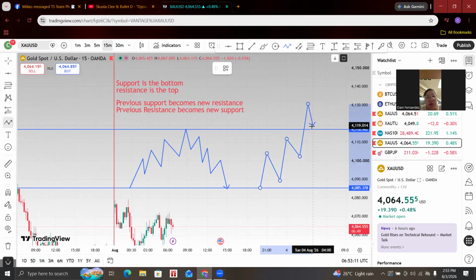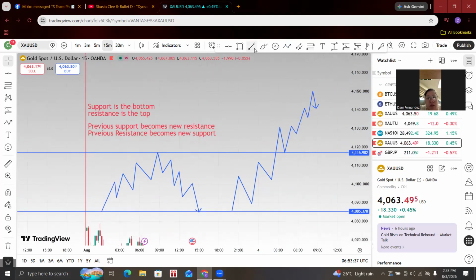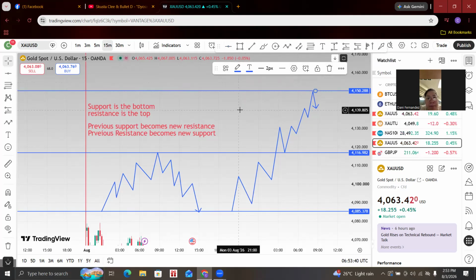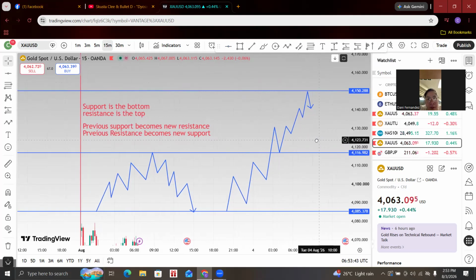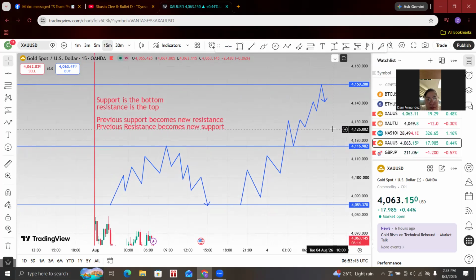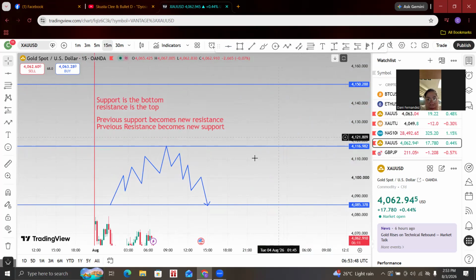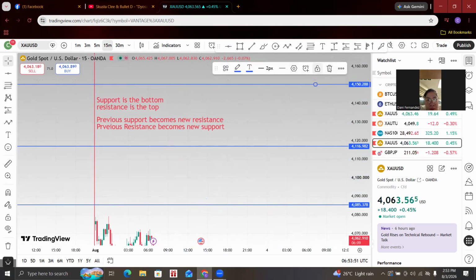Okay. So let's say this price broke above this resistance, right? So it broke above. What it's going to do, it's going to retest it on now a new support. It's going to touch that and then keep going up until it creates a new resistance, and then it's going to go down. Okay? Follow? Okay. So let's delete this.